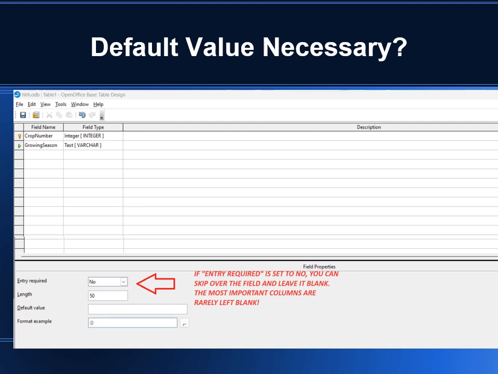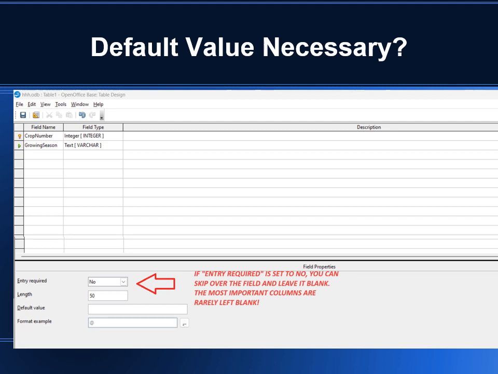In a table, some things must not have a blank value. Primary key is the best example. The first information column in a table should probably be entry required as well. No nulls are permitted,